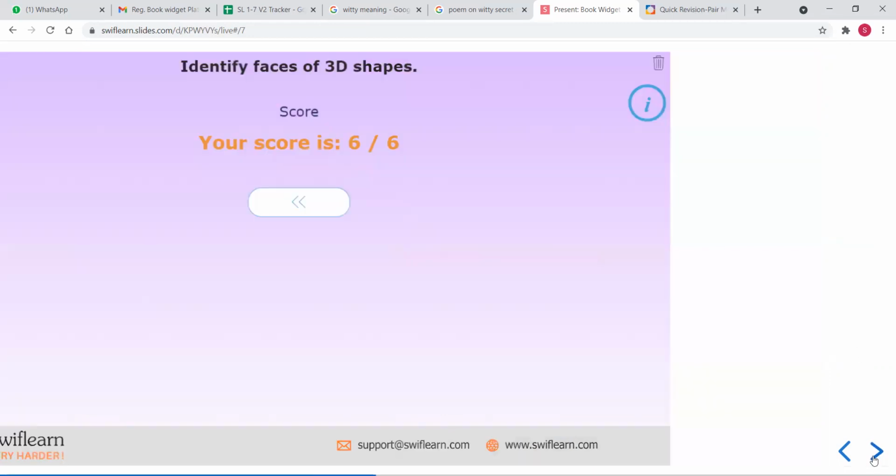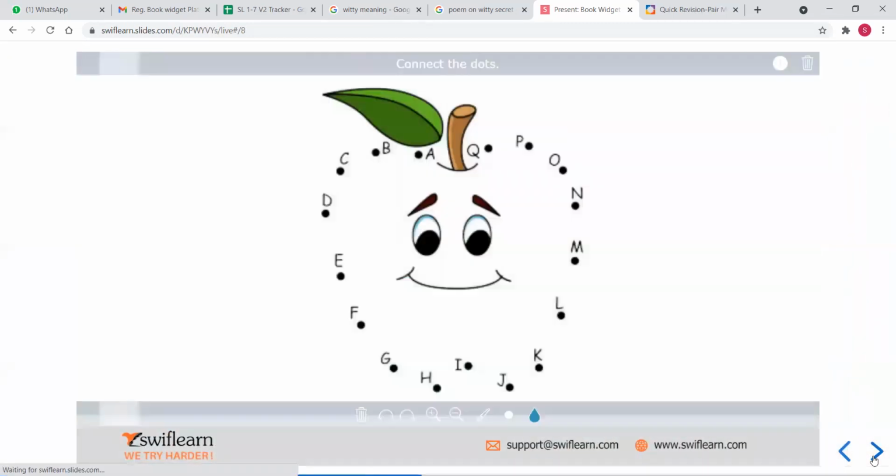Now let's see another example of a Book Wizard exercise. This exercise is basically connect the dots. This is a fun activity exercise which you will see at the start of your LPs.